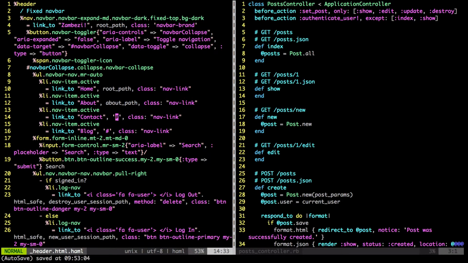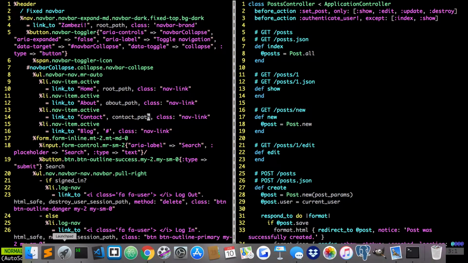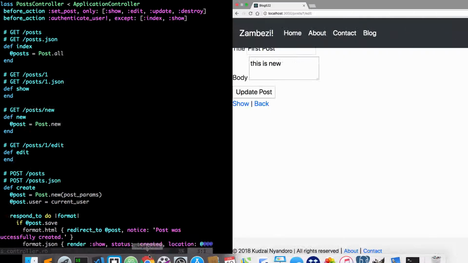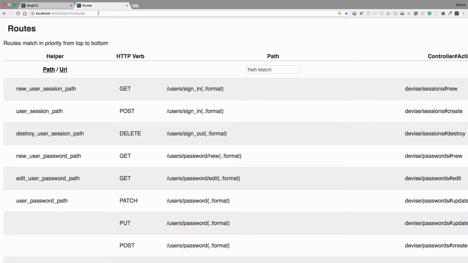Okay. Next thing we want to change is the contact path. And remember how we learned about these helper methods: we were at the routes. If you go here, and I have a quick shortcut, it's localhost:3000/rails/info/routes,